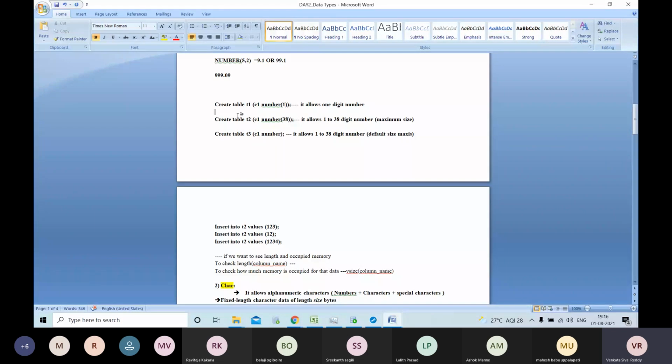I am going to explain each and everything here. T1 allows only this. How will you insert the data? I also provided some sample data here. Try to insert with this, and check the size and how many characters you inserted.